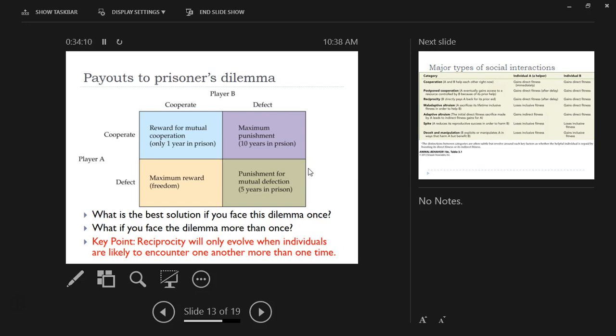So the cool thing about this is that this gives us an alternative mechanism that we can use to explain why someone would do something that appears to be costly for the benefit of another individual without having to invoke kin selection. We don't have to have relatives involved for reciprocity to work. It's just relying on the fact that you're going to see them more than once and you're developing a sort of social relationship with that individual.